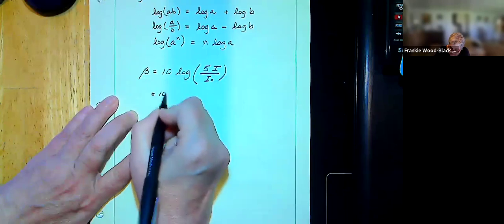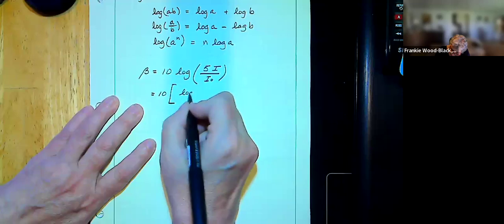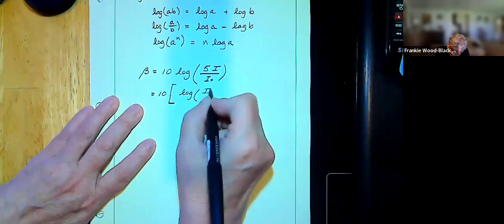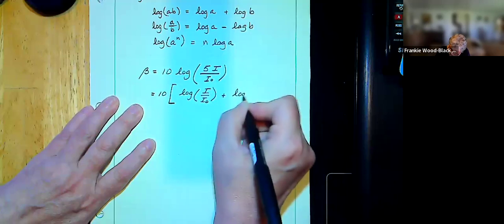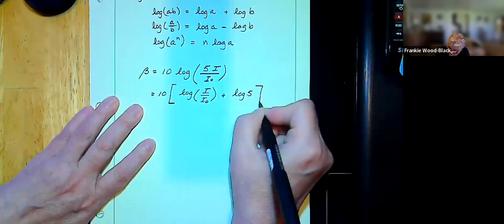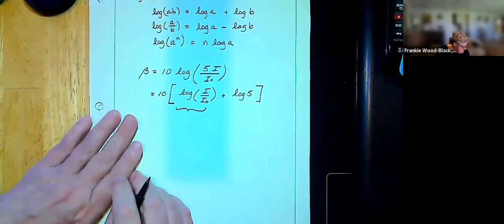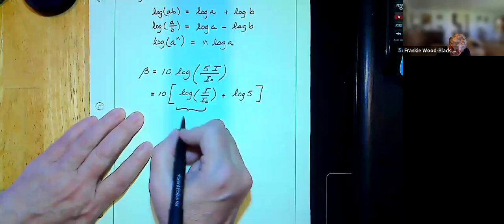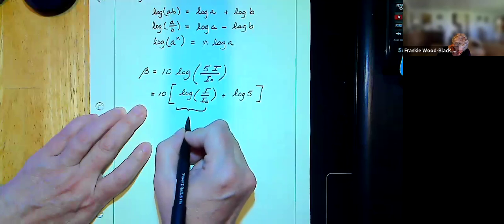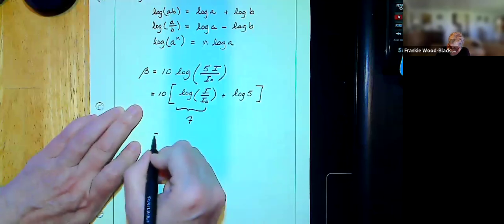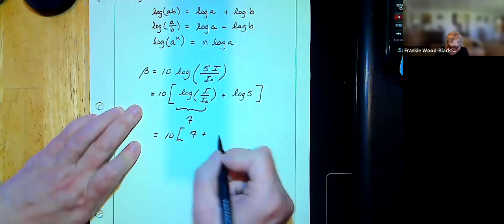This is going to be 10 times the log of I divided by I0 plus the log of 5. We already know what the first part is because we already figured that one out. This is going to be 7, because that came from our previous one. So I get 10 times 7, and my log of 5